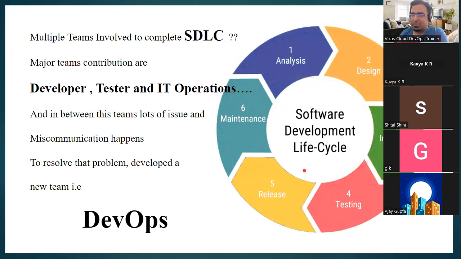So in the software development life cycle, there are primarily 6 phases: analysis, planning, designing, and implementation, which is writing the code. After that, the testing will happen. If all looks good, it will get deployed into another environment. If all looks good in the pre-prod environment, it will get deployed into the production environment and handed over to the client. That is called SDLC.